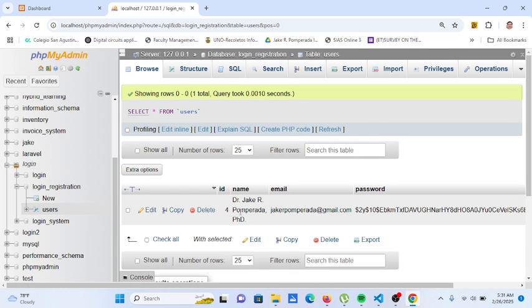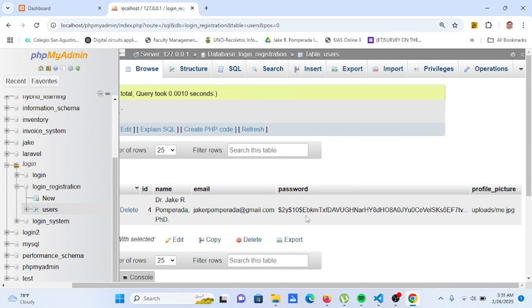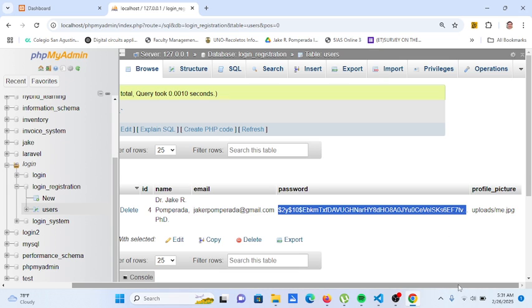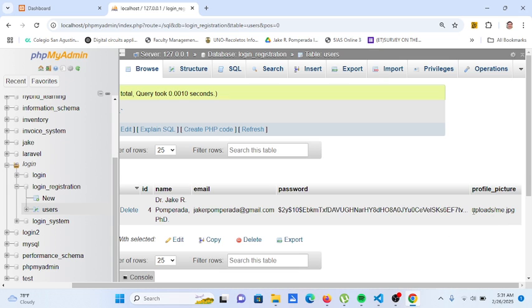As you can see here, we have my name, email, and then the password is being encrypted, cannot be read, no? And then the file is being saved in a corresponding directory, not the file itself, no? So we are just saving the path of our file.